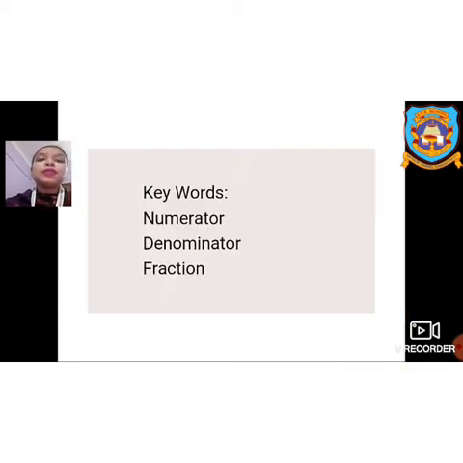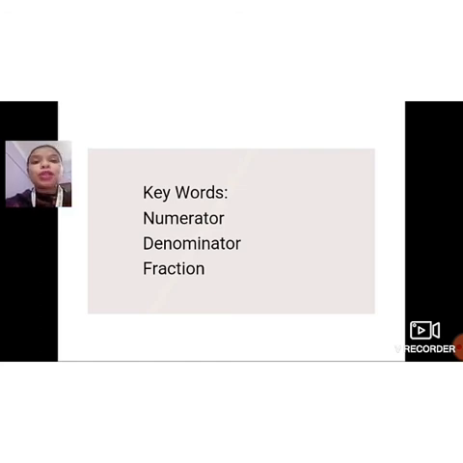The keywords which are used in this topic today are numerator, denominator and fraction. So what is the numerator? Numerator means the above number, denominator is the below number, and both the numerator and denominator together become a fraction. And children, before winding up, let us recall again finding fraction of a number. We can find fraction of a number by multiplying it using the multiplication sign. In that way you can find out the answer. Make sure your calculation and your multiplication tables are correct.